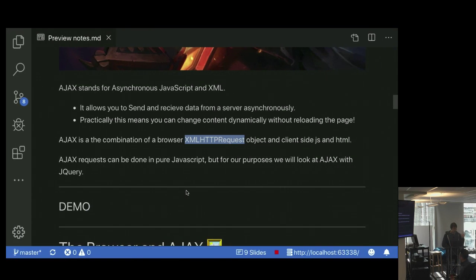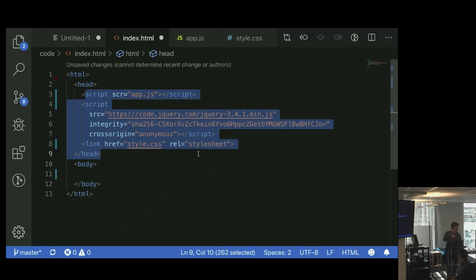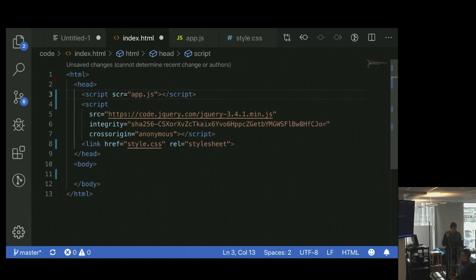So one trick to handling that is to take your scripts and put them underneath the body. Then you're saying, okay, load all of the HTML content, the body and everything, and then load my scripts. So the user will always get content displayed before these things run. And that works and is a totally appropriate way of doing it. I'm going to show you one other way of handling that same problem, and that is with a few keywords